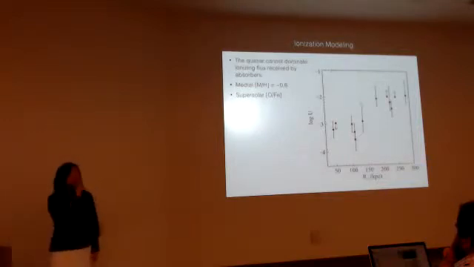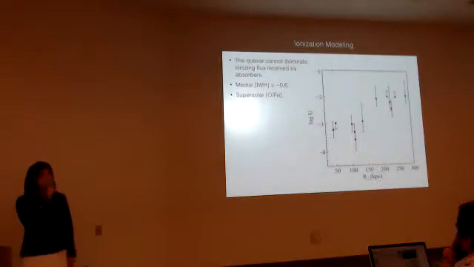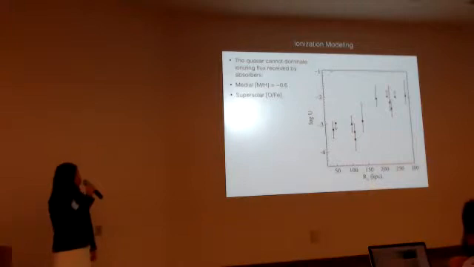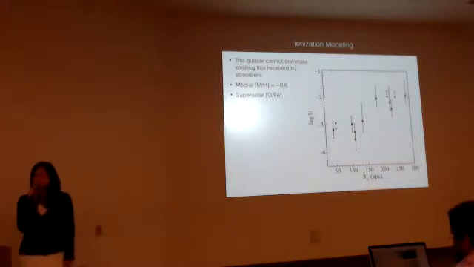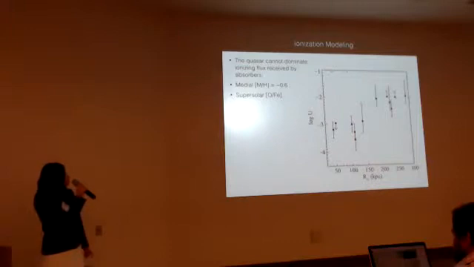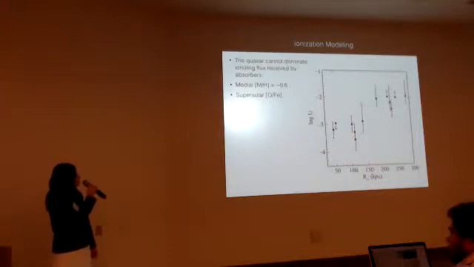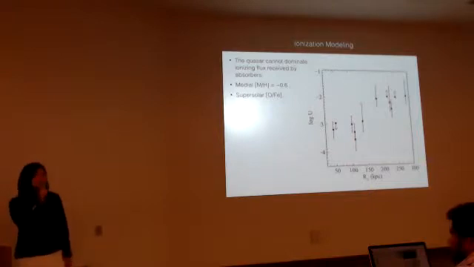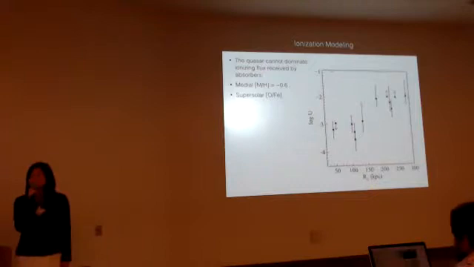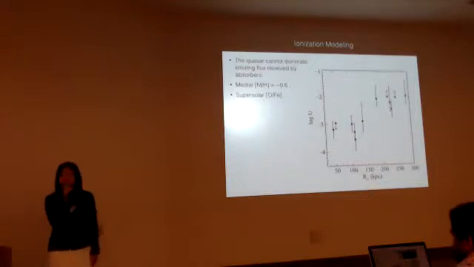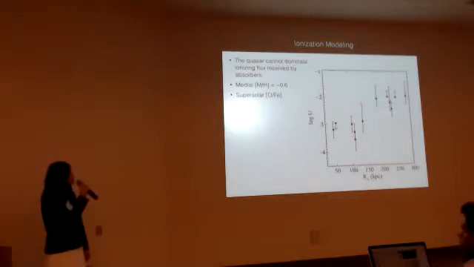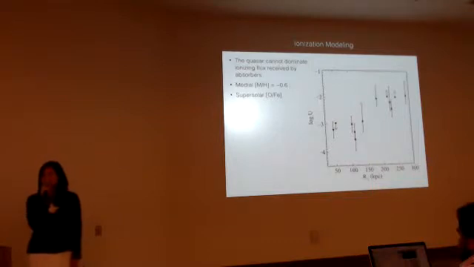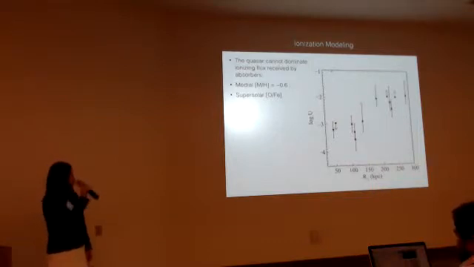I generated Cloudy photoionization models for each absorption system, and then I calculated the average ionization parameter U for each absorption system. You can see the ionization parameter U positively correlates with the impact parameter. And that means the quasar cannot dominate the ionizing flux received by the transverse CGM absorbers unless you have a really steep density profile. I applied ionization correction to the metal ions and the HI column densities, and I found